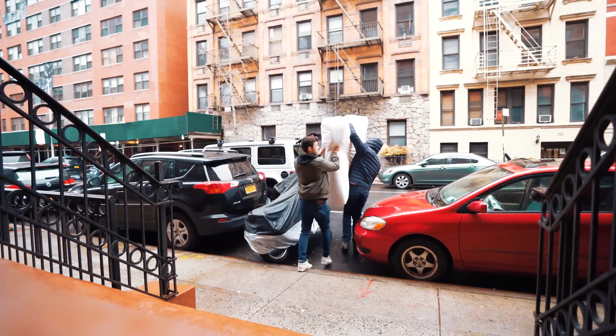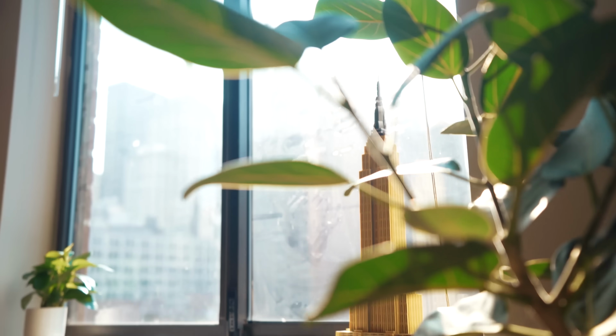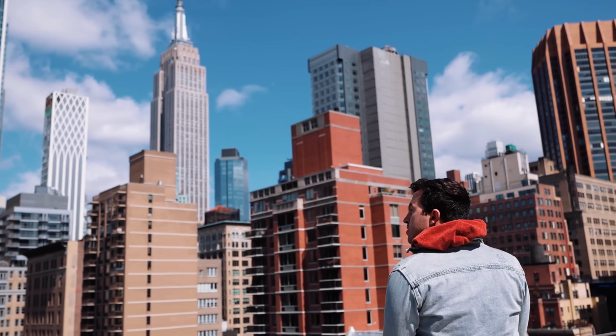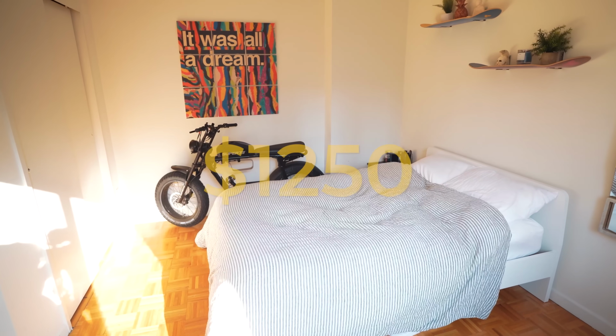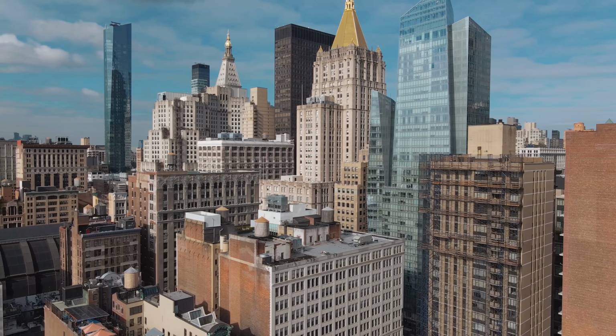Welcome to my New York City apartment tour. So a couple months ago, I moved into this beautiful Manhattan apartment. It has incredible natural light and everything I really need. And the best part, it only cost me $1,250 per month for my room, which, yes, is a steal in